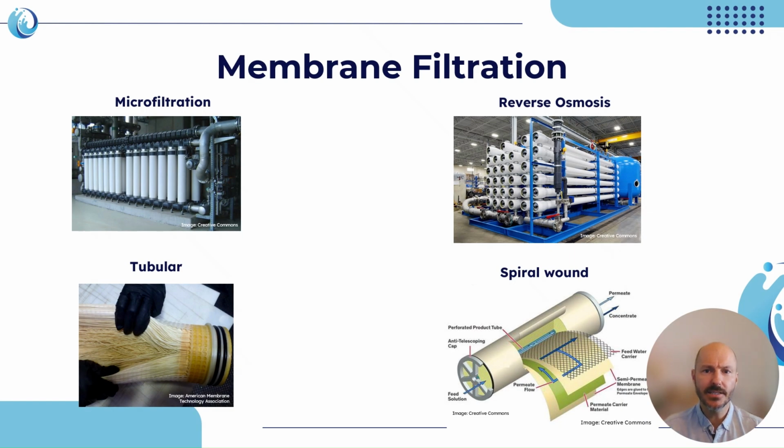In membrane filtration systems used for water and wastewater treatment, spiral wound and tubular configurations are two common types of filter modules. They differ mainly in structure, operating conditions, and suitability for different feedwater qualities. Tubular filter membranes are formed as a tube, typically 5 to 25 millimeters in diameter, and the feed flows inside the tube. The permeate passes through the membrane wall, while the concentrate continues along the tube and exits at the end. They are used mainly for microfiltration and ultrafiltration of highly polluted or viscous fluids, such as industrial wastewater, sludge